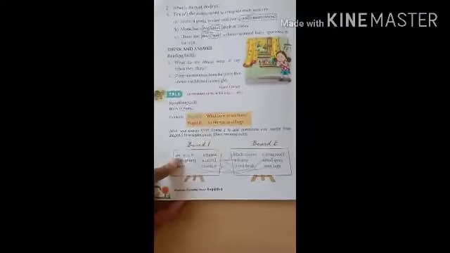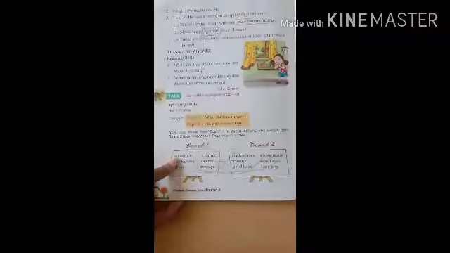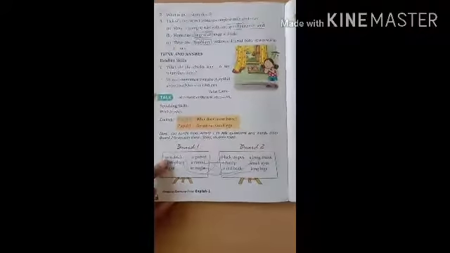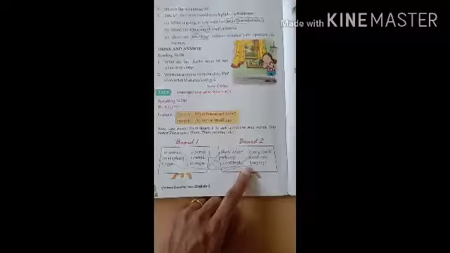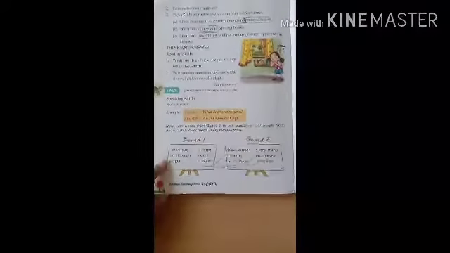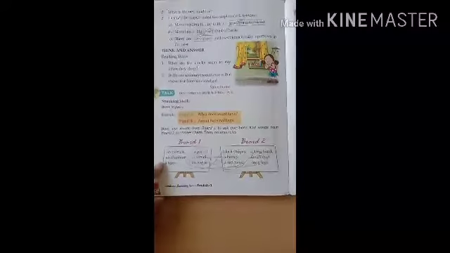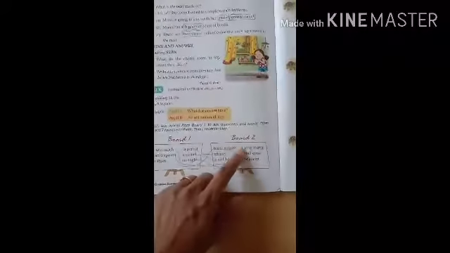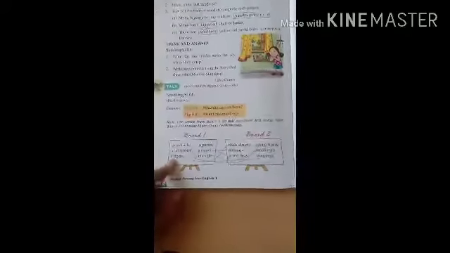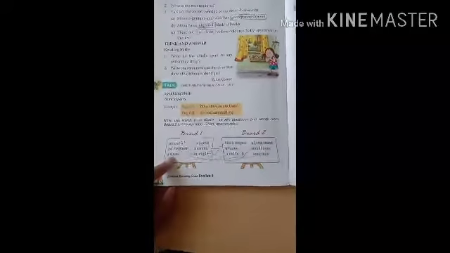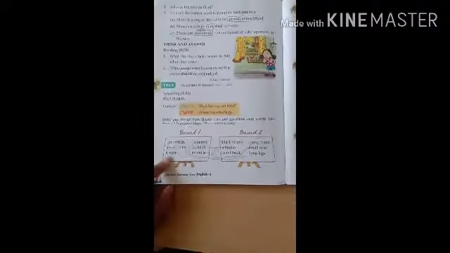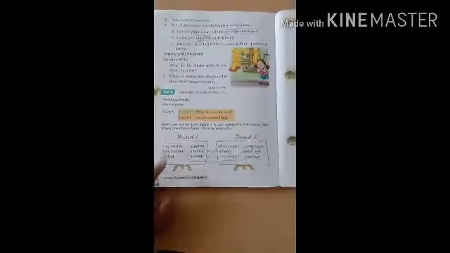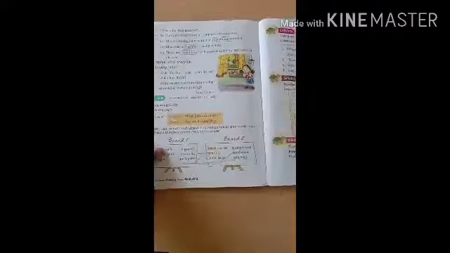Okay. Board first. An ostrich. See, what is the question for it? What does an ostrich have? Answer: an ostrich has long legs. Next, what does an elephant have? An elephant has a long trunk. What does a tiger have? Answer: a tiger has black stripes. Okay, like that you have to solve the remaining words.